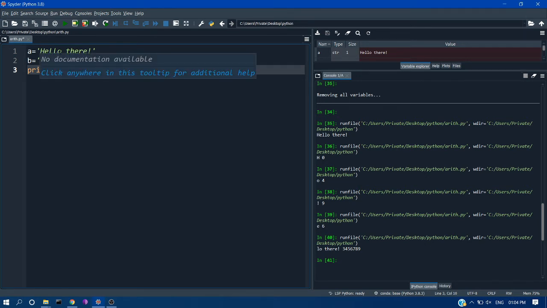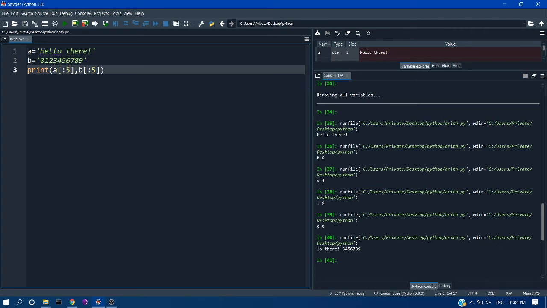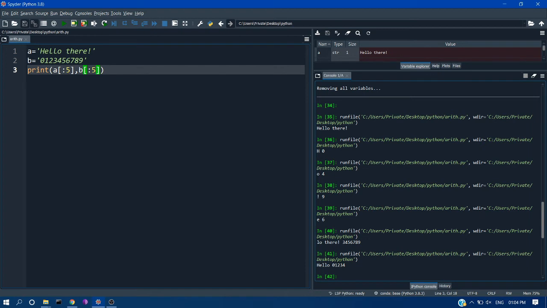This is one concept. And next, using the end address, we will see how to print the string. If you want to print the string from the start till hello, we have to use 5. Since this is the end address, it will print up to this address, not including index 5. That means it will print up to 4 and leave the 5. So here you can see. I think now this is clear.